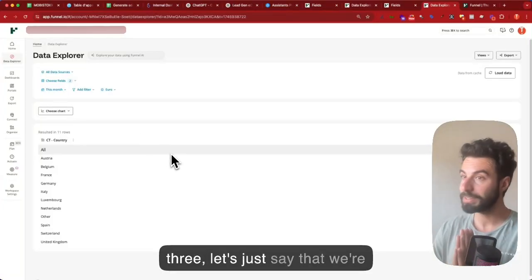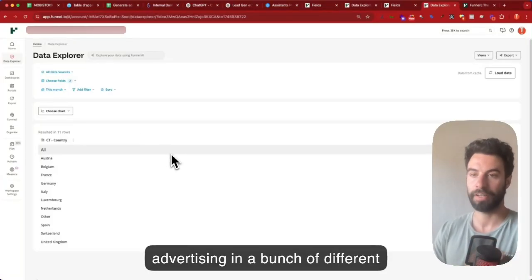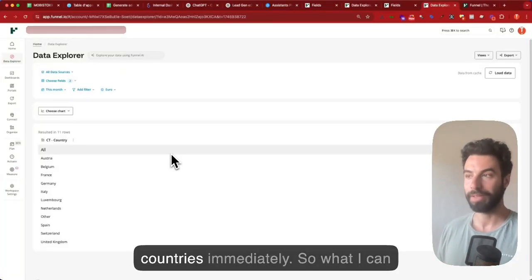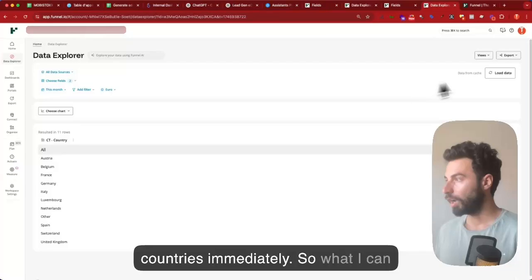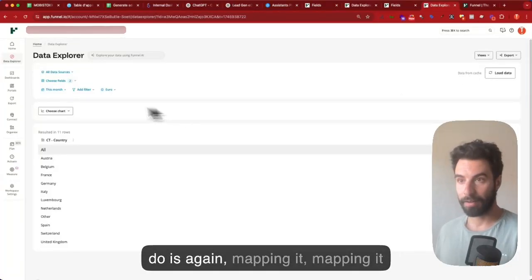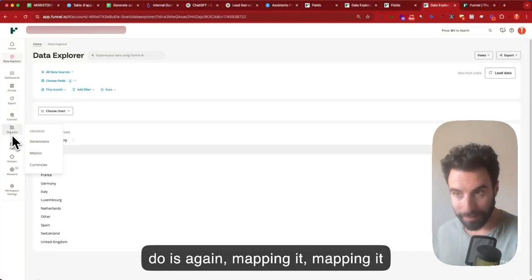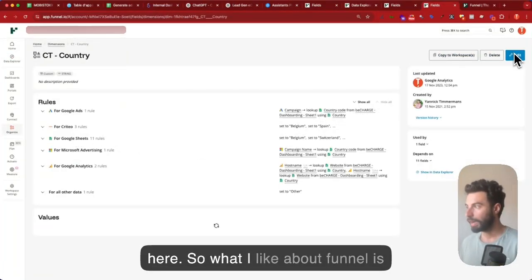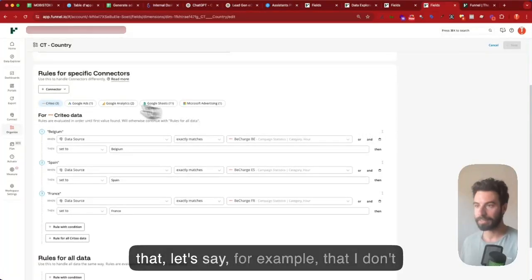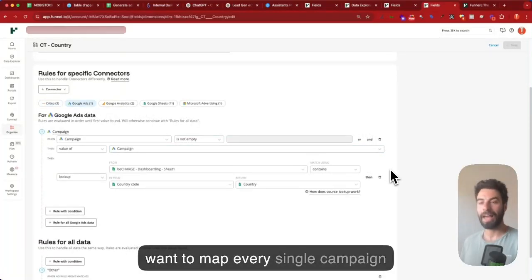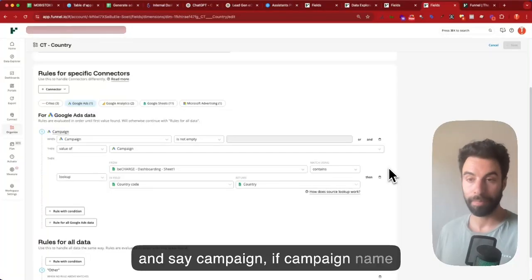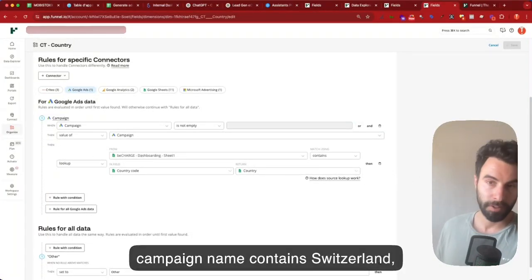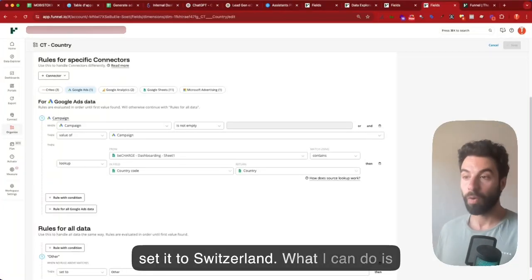Example number three, let's just say that we're advertising in a bunch of different countries. So obviously, just like for our product, I want to see our countries immediately. What I can do is, again, map it directly as our custom dimension here. So what I like about funnel is that, let's say, for example, I don't want to map every single campaign and say, if campaign name contains Austria, then call it Austria. If campaign name contains Switzerland, set it to Switzerland. What I can do is